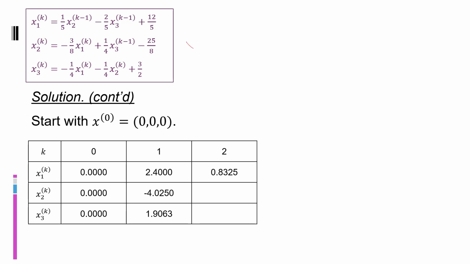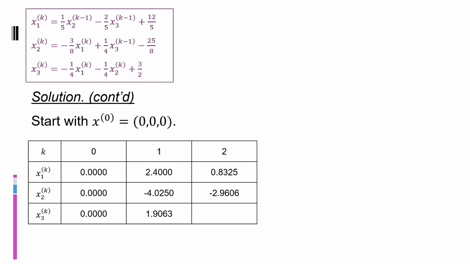The next, x sub 2, we have, ito yung gagamitin nating x sub 1 at ito yung gagamitin nating x sub 3. So we have negative 3 over 8 times 0.8325 plus 1/4 times 1.9063 minus 25 over 8. And that is equal to negative